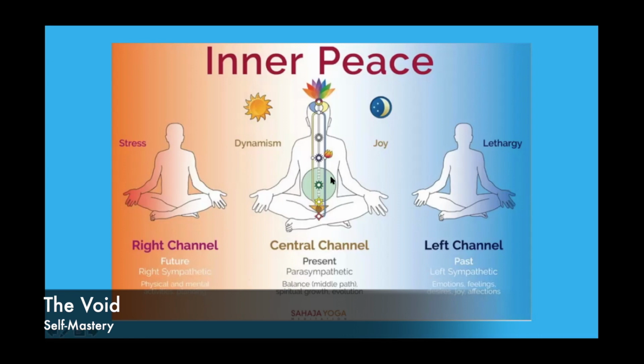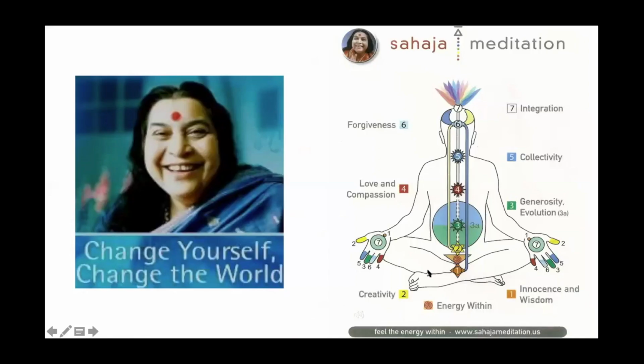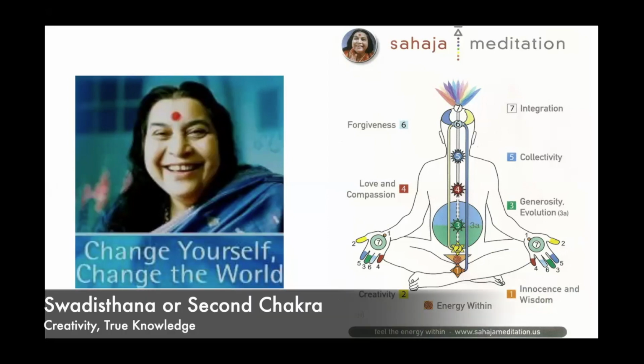Before I go further, the yellow center here, right above the Kundalini, the second energy center, is the center of creativity. It's the center of intuition, of even activity. So again, here on the left side of this center, it's also called the Swadishtan Chakra in